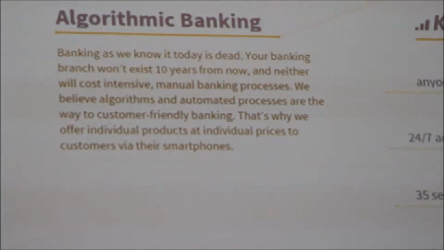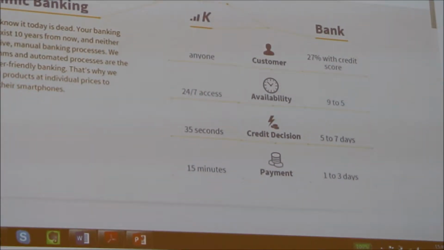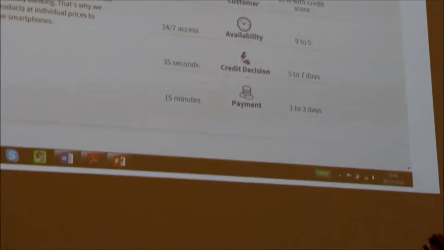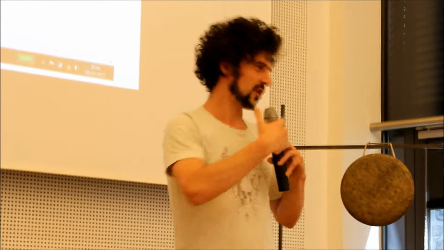And these are all the cost-intensive manual banking processes. When they say cost-intensive manual banking processes, they mean humans, basically. That's a code word for having to actually exert human labor. So if you think about how you eliminate all these costly processes of interaction, well, when we interact with each other personally, we have to have a sense of a person. So the old school bank manager would be trying to assess the person's character, trying to get a sense of whether they were interacting with someone trustworthy.